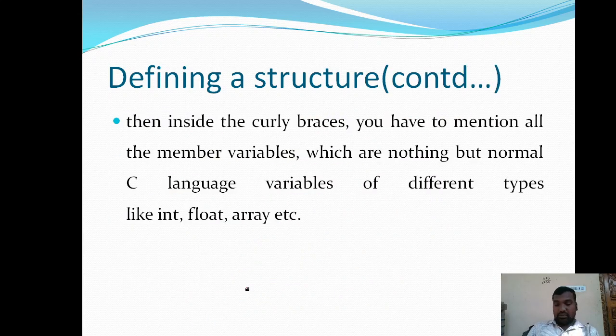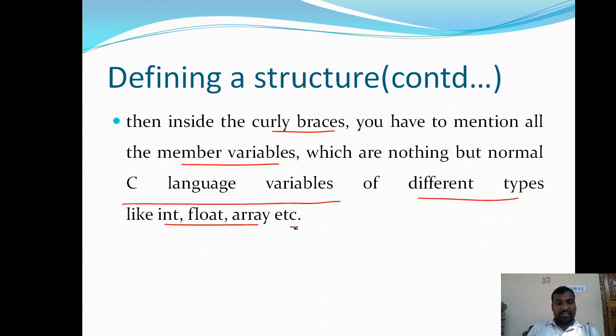Inside the curly braces of the structure definition, you have to mention all the member variables, which are normal C language variables of different data types like int, float, arrays, etc. All kinds of data that you want to handle in a single record with a single name, that name is nothing but the structure.